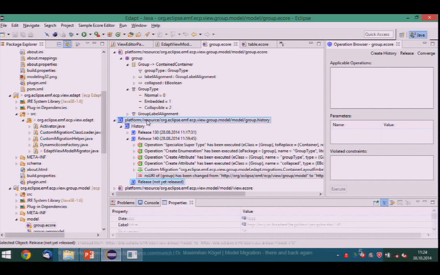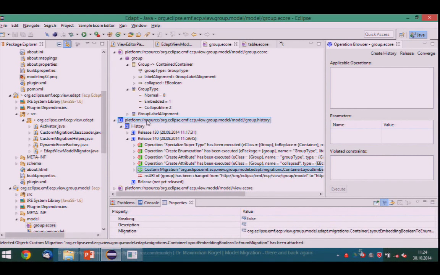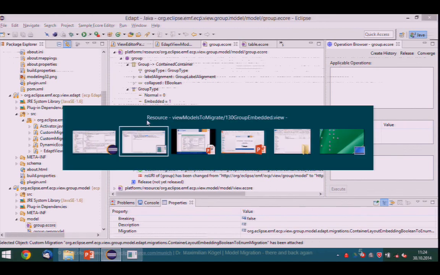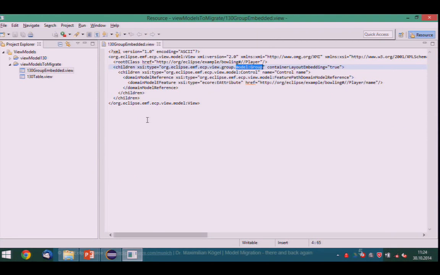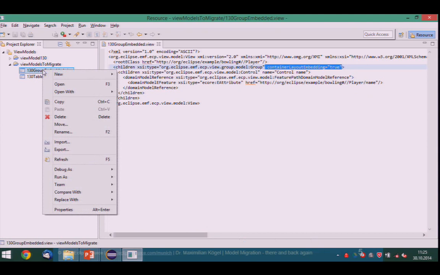What I've already done for the first example that I'm going to show is I've already generated the migrator from that. And the migrator has been installed into this Eclipse instance that I'm running here. And what I hope that the migrator will do is it will get rid of this attribute because it doesn't exist anymore, and it will introduce the new attribute, the group type attribute, and set it accordingly, so set it to embedded. If I now open this view model with the actual view model editor that was shipped with EMF Forms,